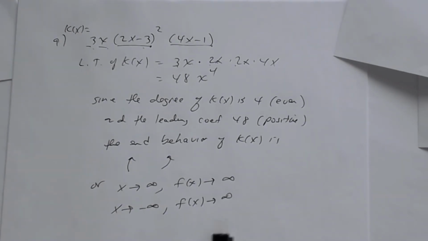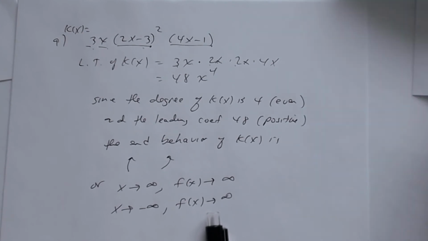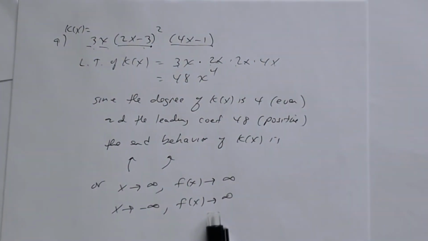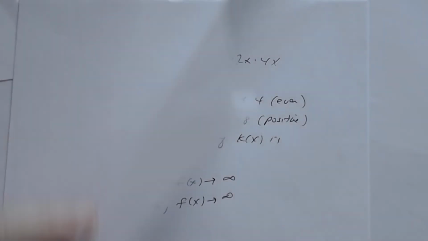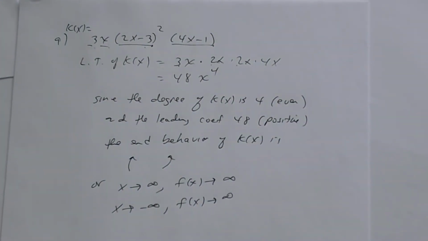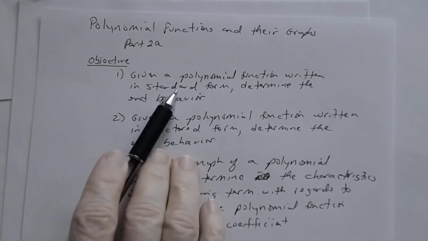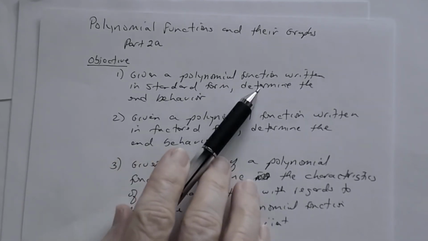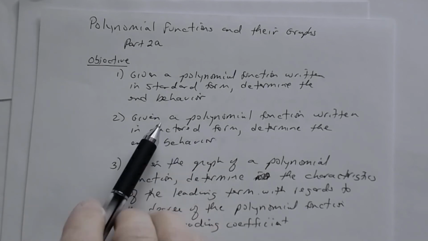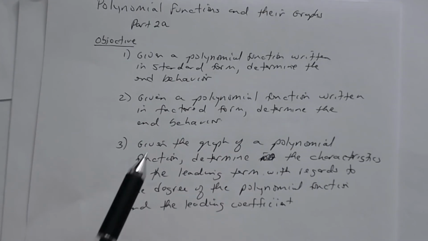Okay, so what we have at this point is this now. If I go back to the previous, if I can find it. So our previous directions, remember, was this. Okay, so our previous objectives, we did the first 2. So we looked at the end behavior if the polynomial is written term by term, and if the polynomial is listed as factors. Now let's look at number 3. So number 3, what's going to happen is this. You're going to be given, in objective 3,